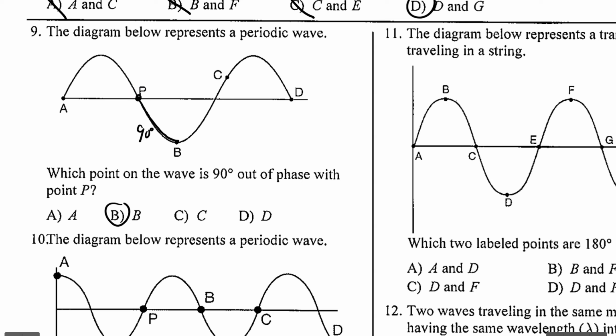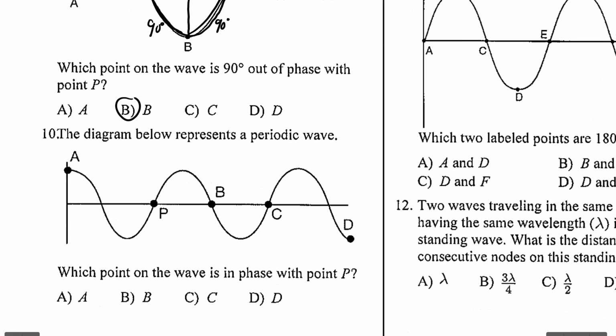Just to prove it to you, not that I have to because I know you believe me, but that's 90 plus 90 is 180 plus another 90 plus another 90 is another 180. So that's 360, and that brings you back to a point in phase. So you could break the waves up into quarters, 1 quarter, 1 quarter, 1 quarter, 1 quarter, and that helps you with the 90 degree type ones. It helps to do that.